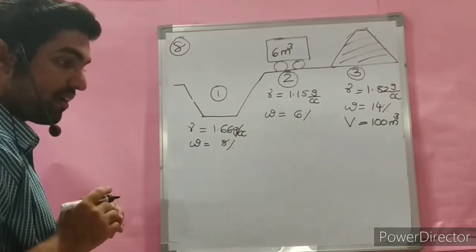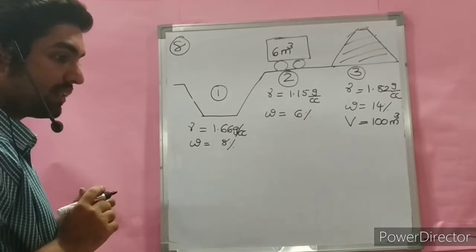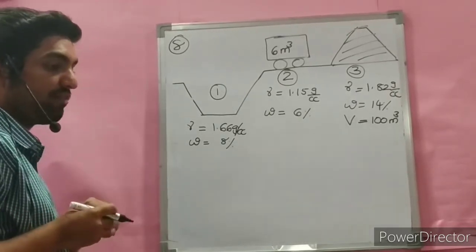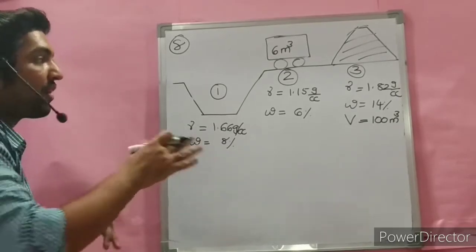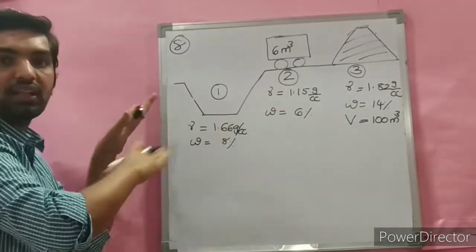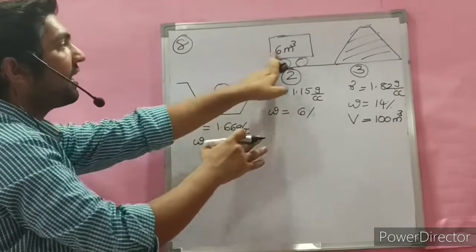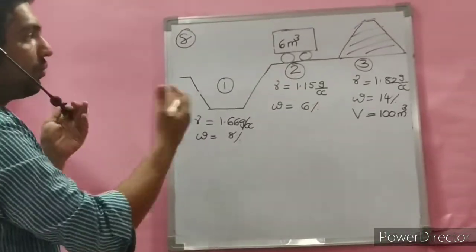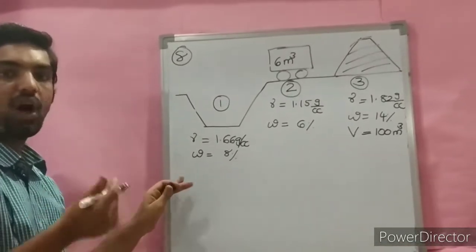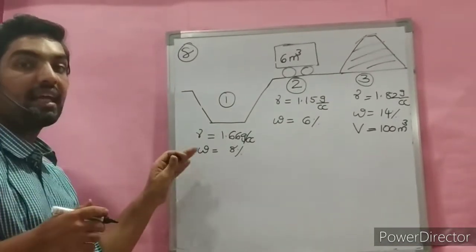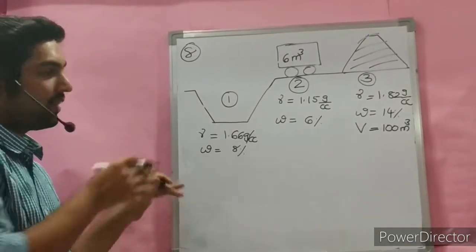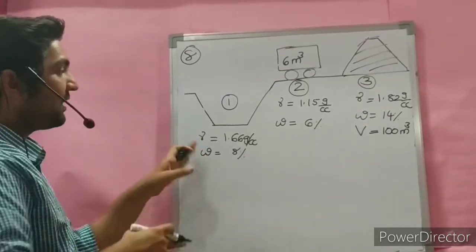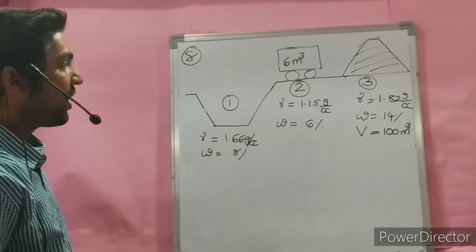The second question is to find the number of truckloads of soil solids required to obtain 100 cubic meter of compacted earth fill. That is, how many times the truck should move from here to here to carry 6 meter cube of soil. This problem can be done in two different methods. One is the objective method, another is the IES conventional approach. For this session we will see the objective method of solving the problem.